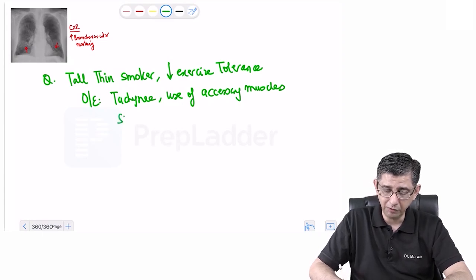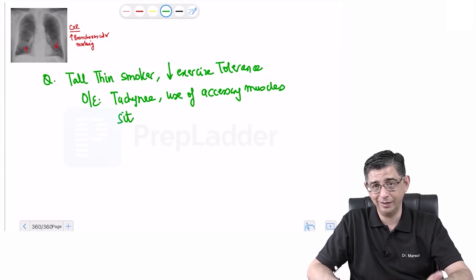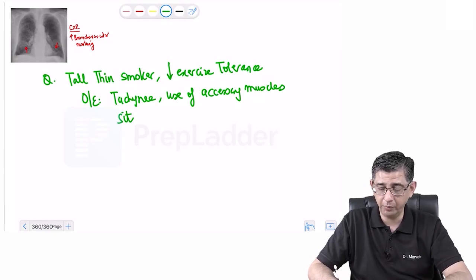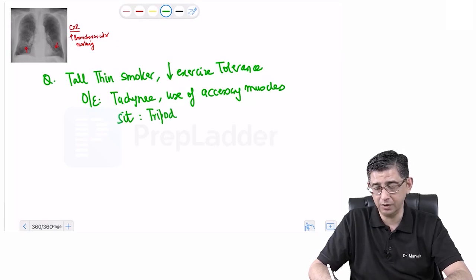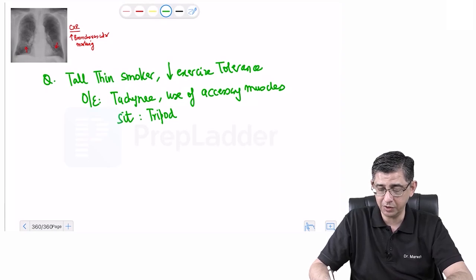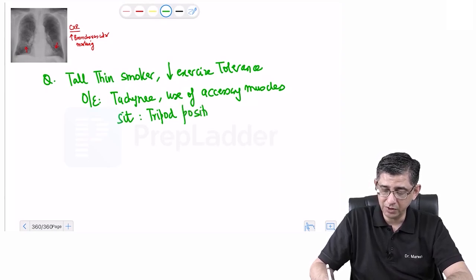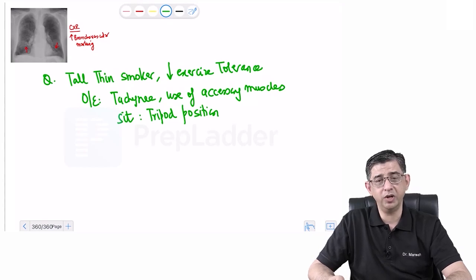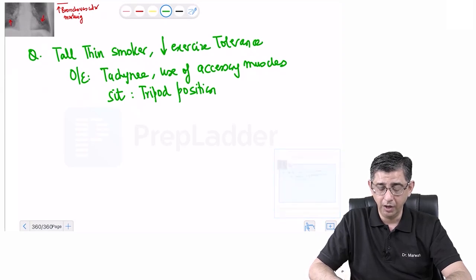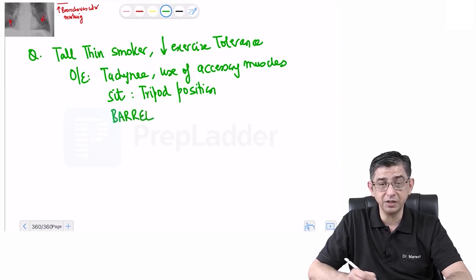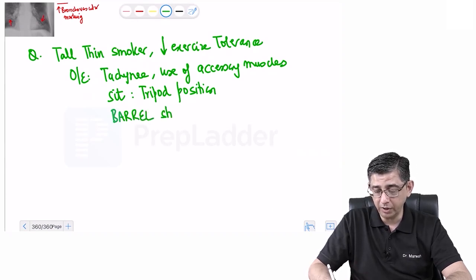Most of these patients, if they are not good in a sense that they are having worsening of their symptoms, they might be sitting in a tripod position that helps you to splint the arm muscles and use the accessory muscles of respiration relatively better. So this is anyway standard thing that you will notice even in asthma patients, that the person would be sitting in a tripod position. Years of cigarette smoking has contributed damage to his lungs, and the anterior-posterior diameter of the